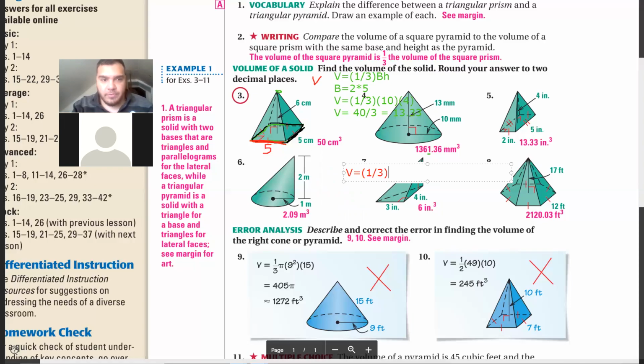So what type of formula are you going to use for the base? Pi times r squared. Good. So then what is r? R is 1. So it's pi times 1 squared. What's 1 squared? It's simply 1. 1 times pi, that's simply pi. So your B is 3.14. So it would be 3.14